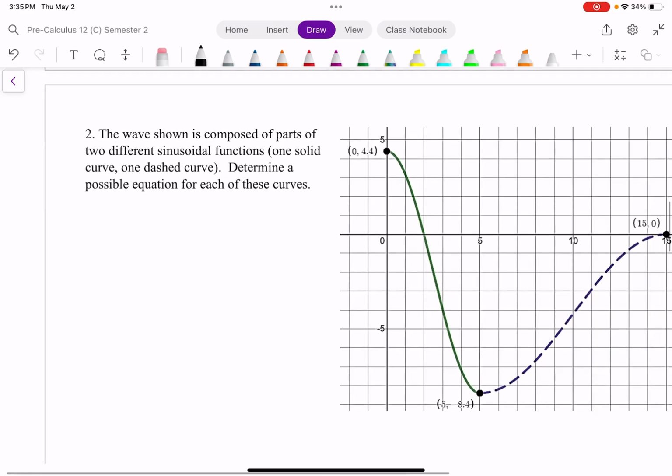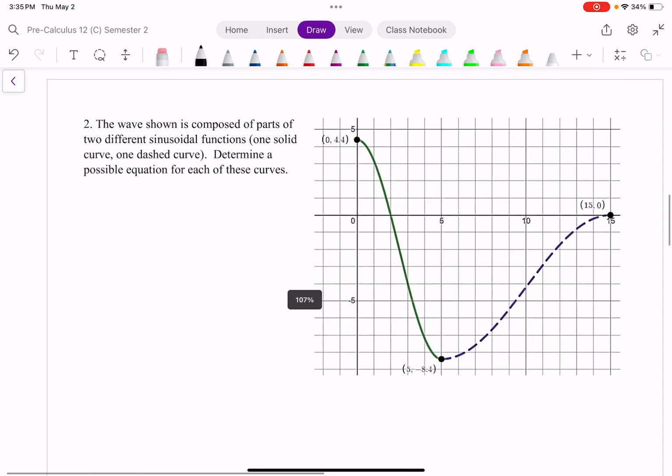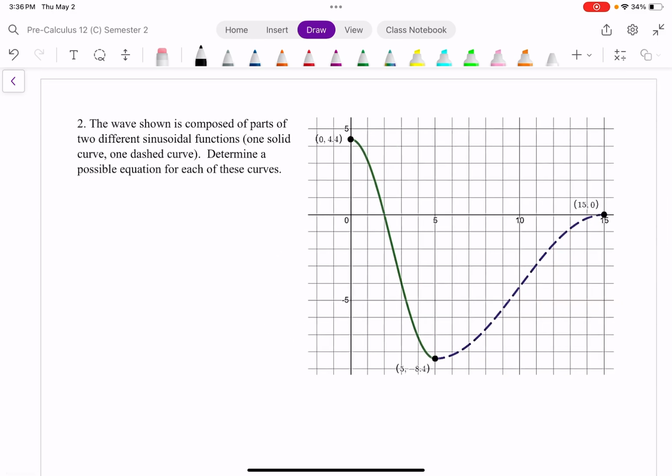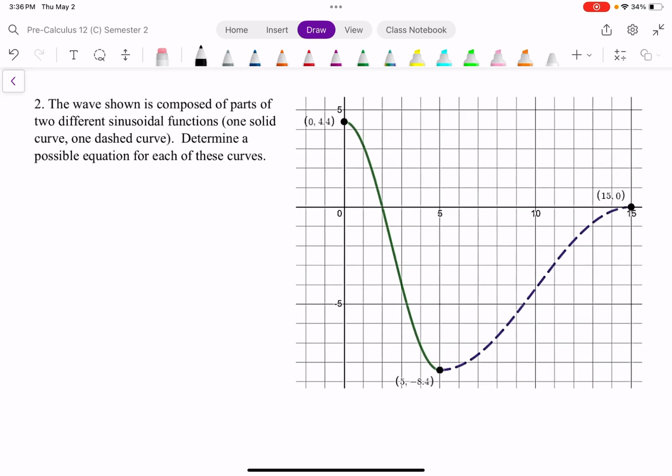All right, so here I have a wave composed of two other waves. I have one in green, one in dashed. And I want to find the equations of each of these. So let me look at the graph in green here. So first of all, if I want to find the equations for any of these, I need to figure out